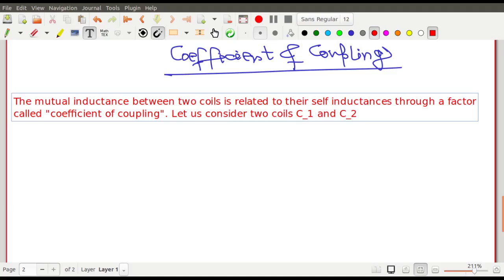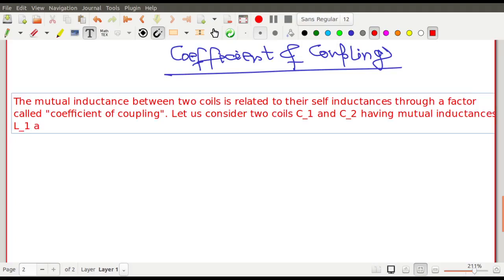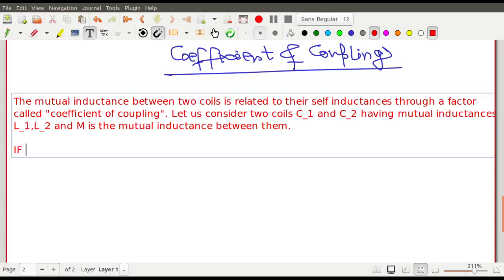Let us consider two coils C1 and C2 having self-inductances L1 and L2, and capital M is the mutual inductance between them. ঠিক আছে, এটা হয়ে গেল। এবার ধরো if